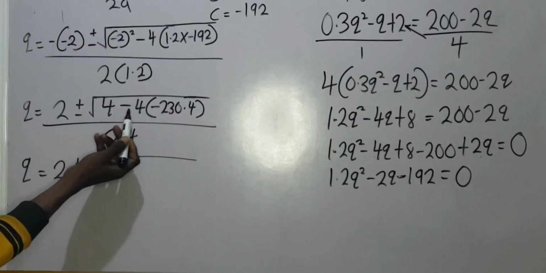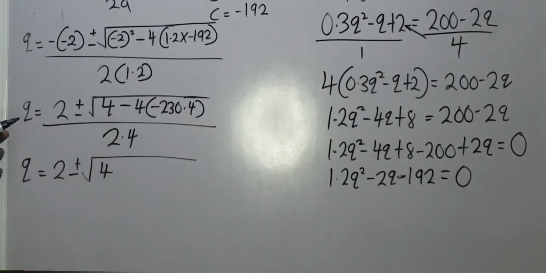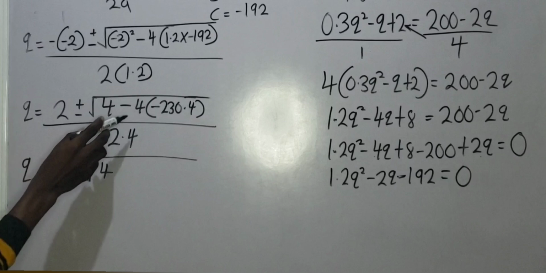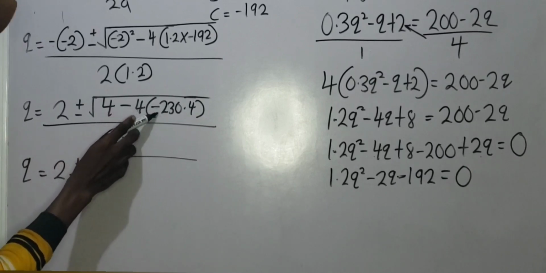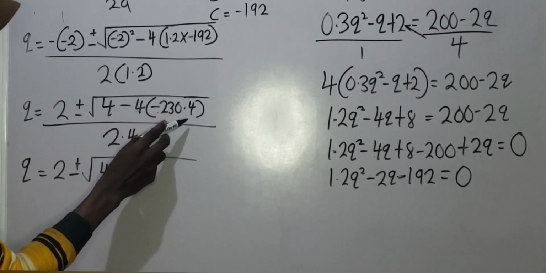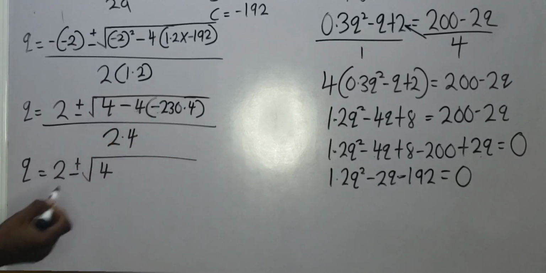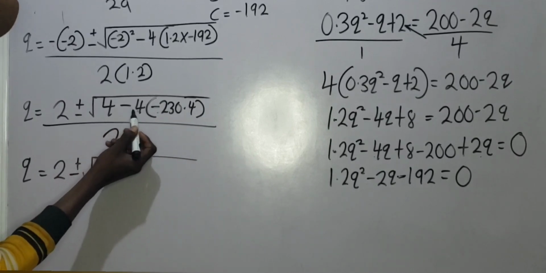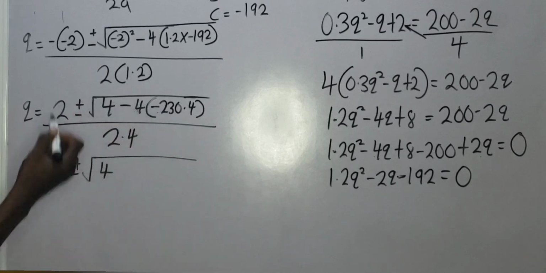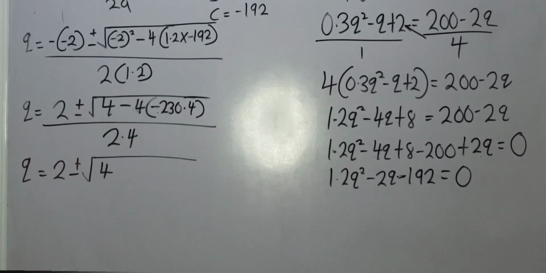Now, multiply negative 4, because look at this. It is important to pay attention here. This is not minus 4 minus 230.4, because we have a bracket here. This minus 4 will multiply everything inside this bracket. You understand? So I'm going to have negative 4 times negative 230.4, and that will give us